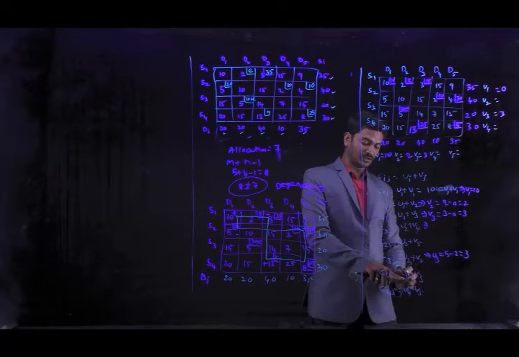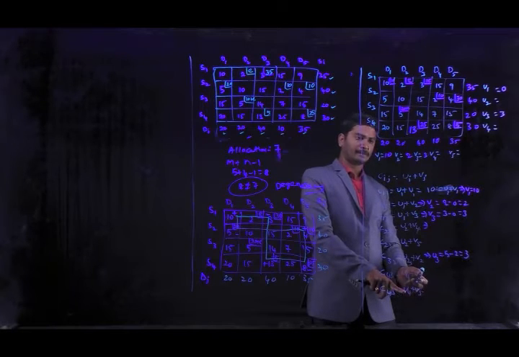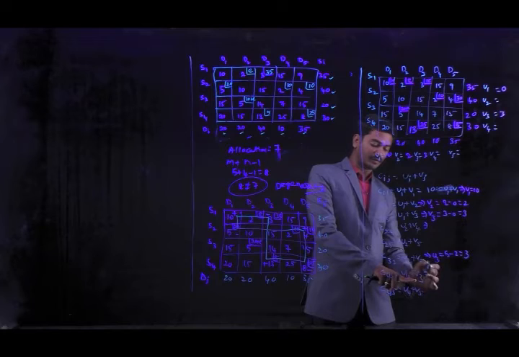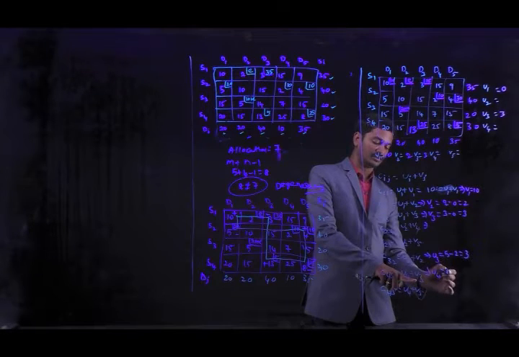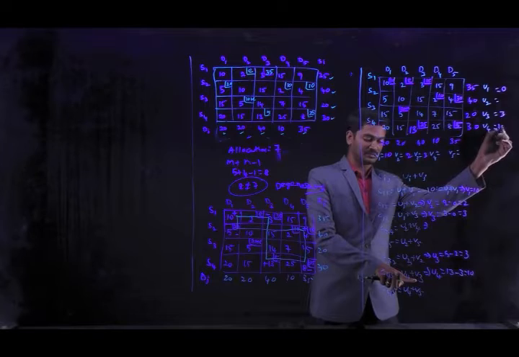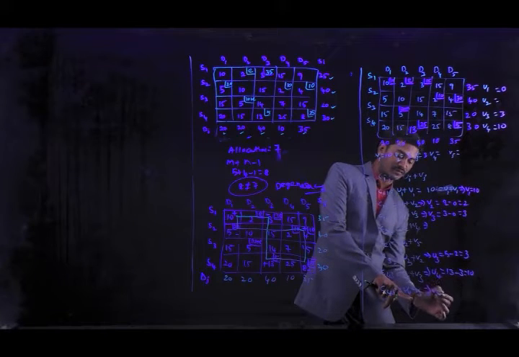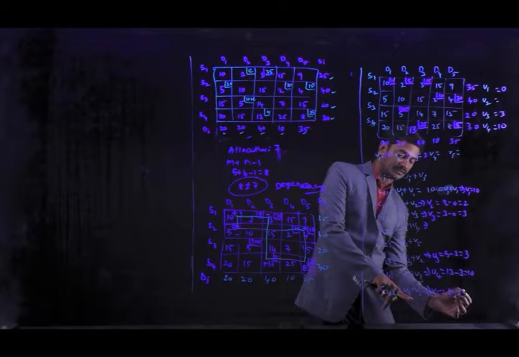Next, C43. Here we don't know U4 and V3, and for the other one we don't know U4 and V5. Okay. Here we know the V3 value. So from this, we are going to get U4. C43 is 13 minus V3, which is 3, equal to 10. U4 is 10. Okay. Here I am going to substitute the U4 value. From this, we are going to get V5. C45 is 8 minus 10, equal to minus 2.